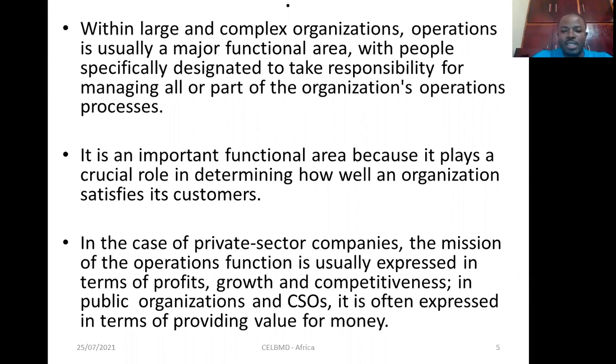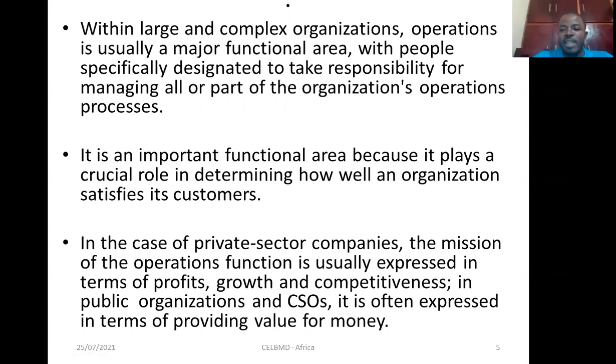Now, these are three cases: public organizations, private organizations, and then civil society organizations. The private organization, you may look at something like Guinness Cameroon SA, which looks forward to producing products, basically brewery products, distributed to the world and make profits for its owners and the people that work for it.